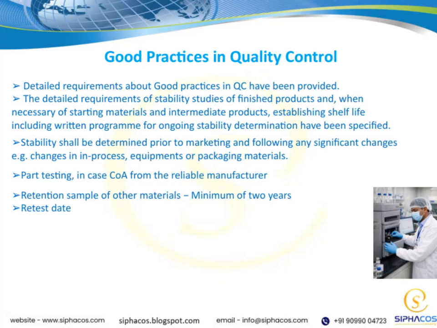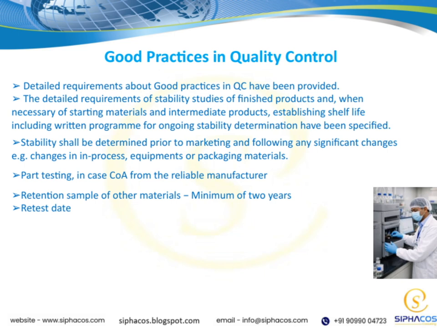Now, let's look at some essential points about good practices in quality control. First, we've provided detailed requirements to ensure quality is maintained consistently. This includes specific guidelines for stability studies of finished products, and when necessary, of starting materials and intermediate products to establish their shelf life. It's important to have a written program for ongoing stability determination so we can monitor how products behave over time. Stability testing must be done before the product hits the market and also after any significant